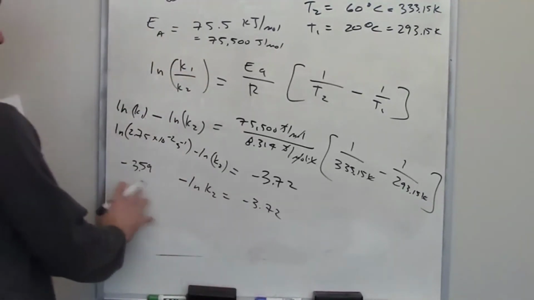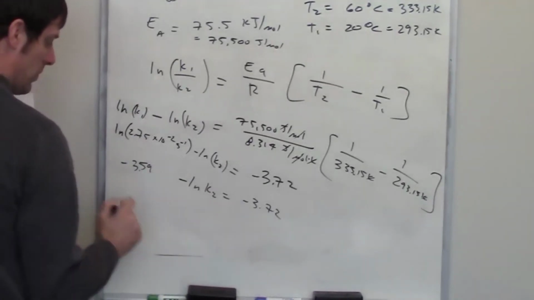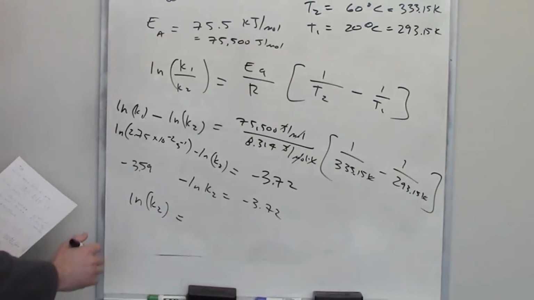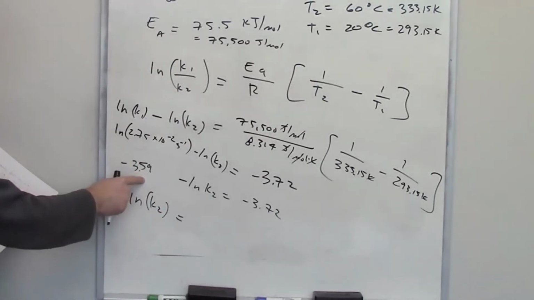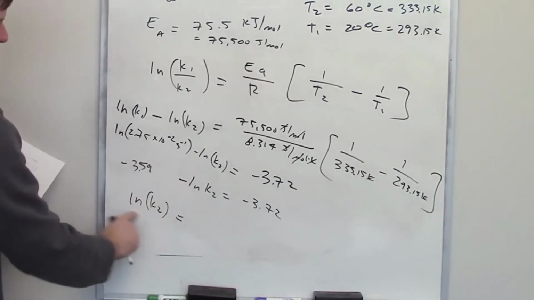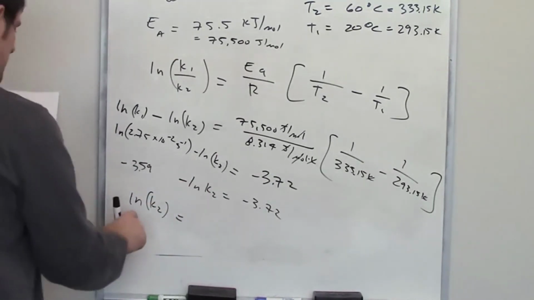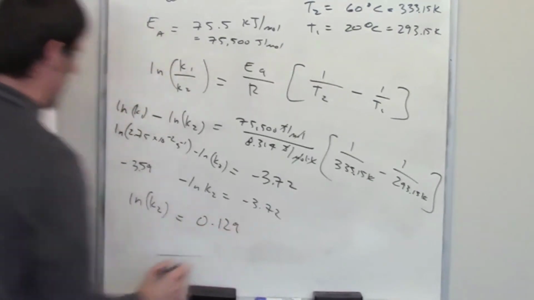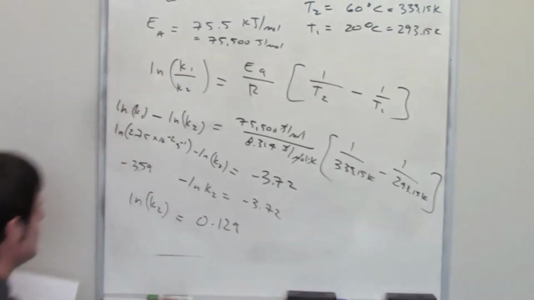So what I'm going to need to do is use algebra to get the ln of K2 on one side and everything else on the other. So I have to add 3.59 to both sides, and I have to multiply both sides by a negative 1 in order to make this positive. When I do that, I end up getting the ln of K2 is equal to 0.129. I now have to solve for K2, and the way you do that is by